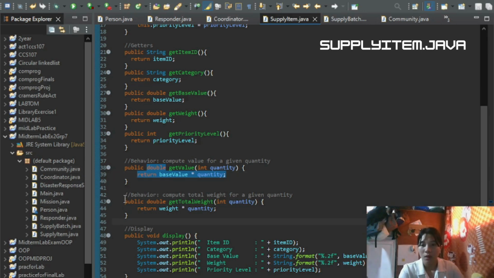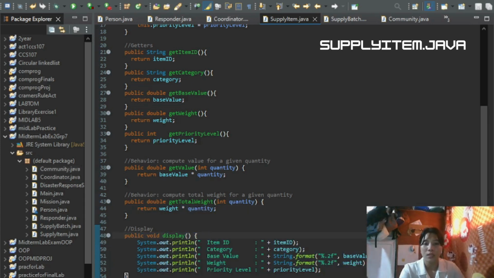Next, the public double getTotalWeight. This method calculates the combined weight of a specified number of items. The int quantity is the number of units, and weight times quantity multiplies the weight of a single unit by the quantity. And for the display, we have here the public void display.